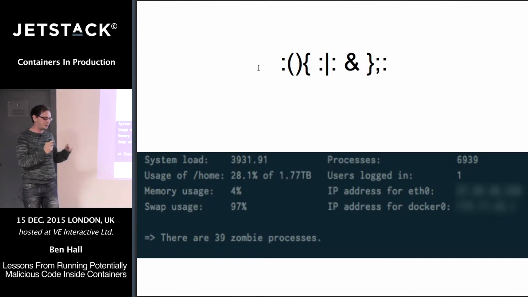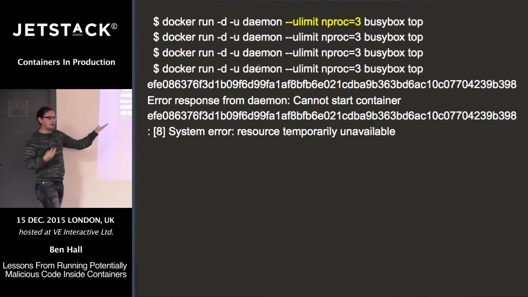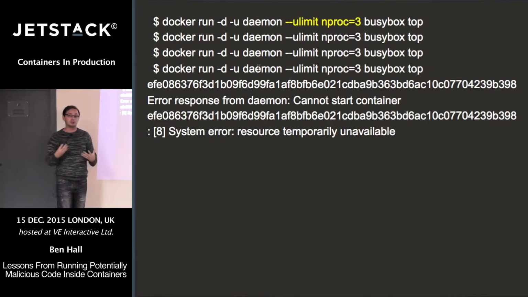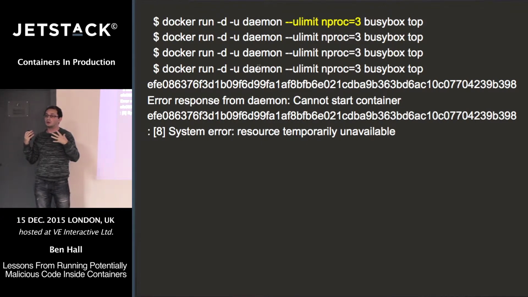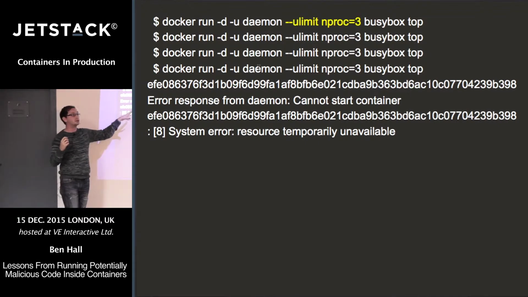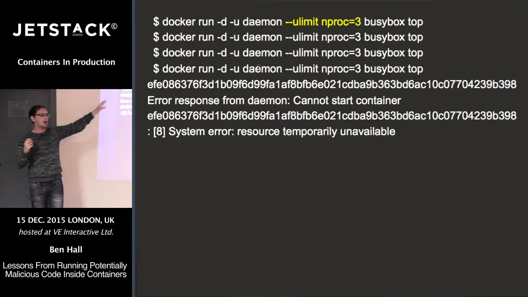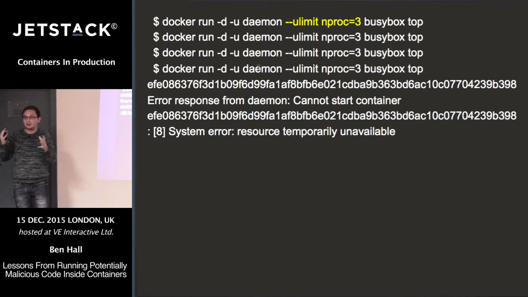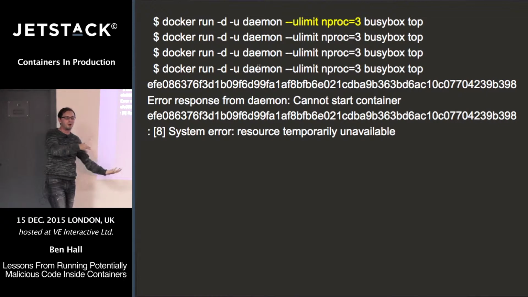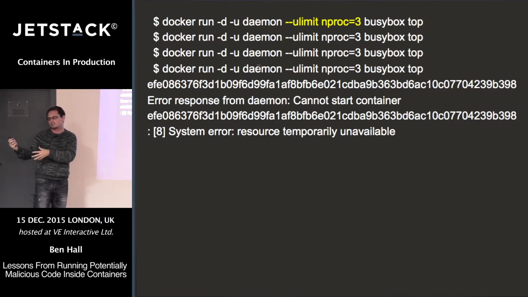This is a problem. In Linux, we've got ulimits, and so we can limit the number of processes which are running on a host. For example, don't run 7,000 processes, keep it a normal number. The problem with Docker is, at least in the current version, this is on a per user basis. So if we limit it to 3 processes for that user, and we try and run 4 processes, for example, 4 versions of top, then the container won't be able to start because it hasn't got enough memory. And so there's this weird trade-off between how many processes you want to allow and how many processes would actually kill your system.